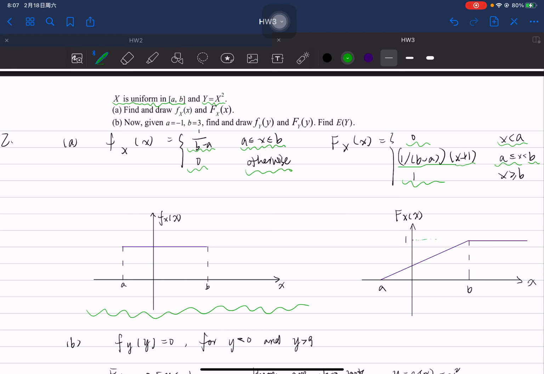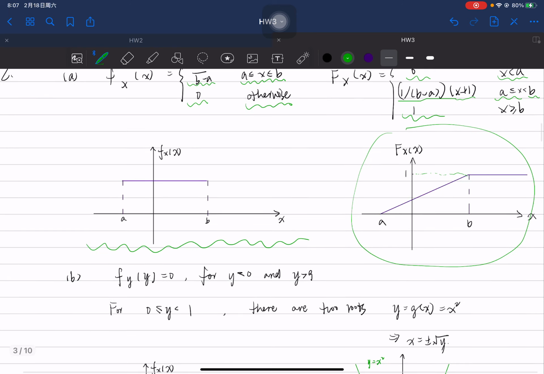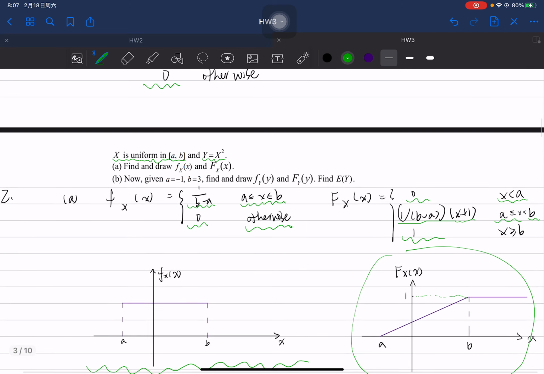You can find out here is 1. And this is the cumulative distribution function. For question B, now, given that A equals minus 1, B equals 3, we need to